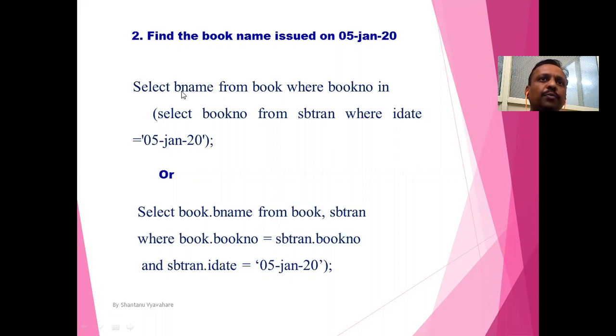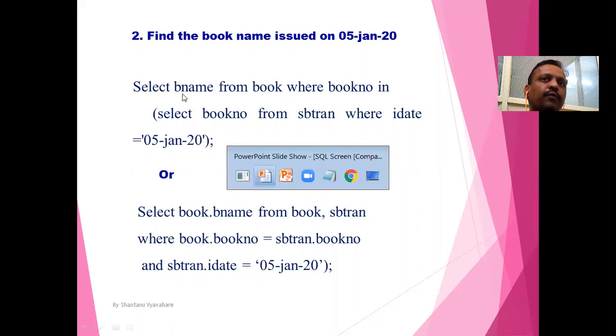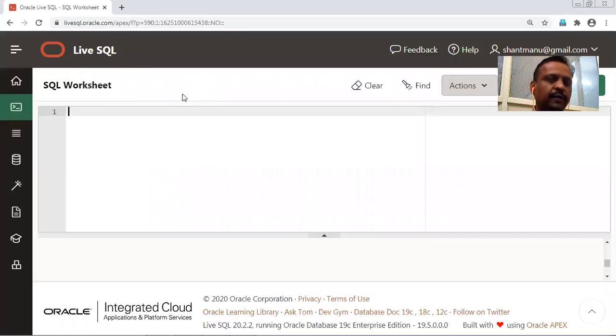So instead of selecting the student name, you have to select the book name from the book table. So let's see how it works. Select book name from book where book number in